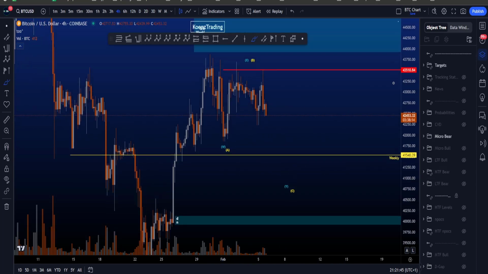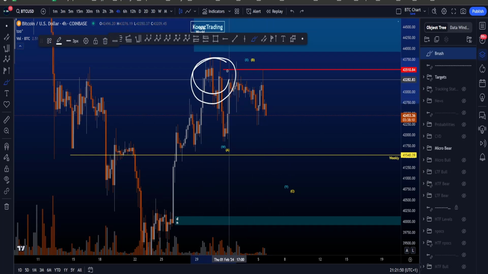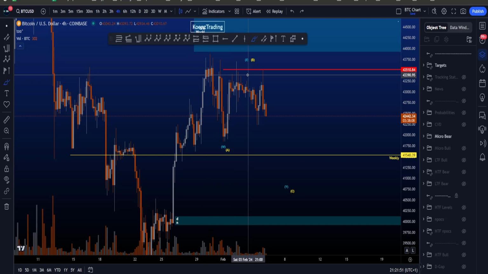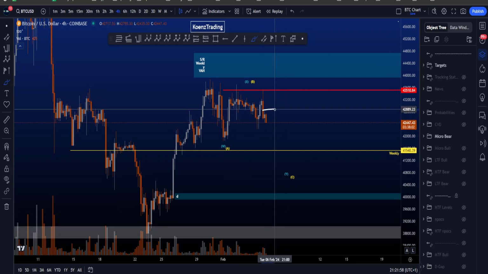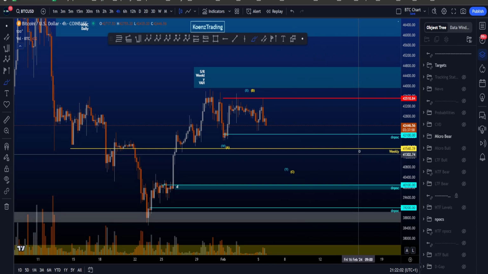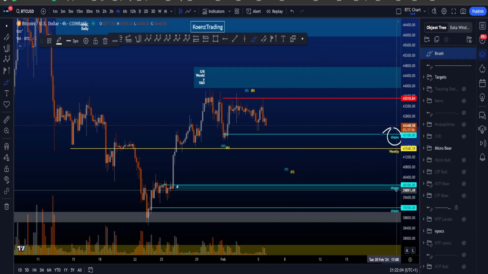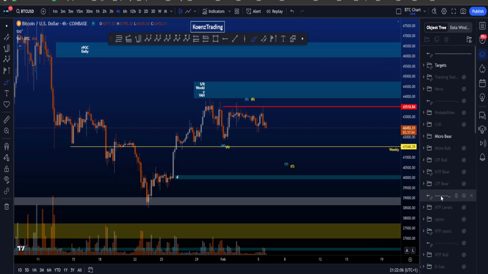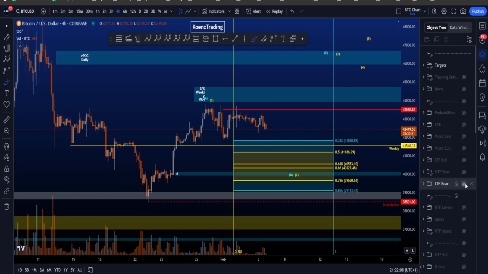We hit resistance earlier. We knew this was resistance, the point of control of this part of the chart over here. We were looking for the highs here to be taken at least, found resistance, price moving down, very nice. There's currently no proof of support just yet, and if there's not going to be any proof of support also at the daily naked point of control at 42.1k, we are simply going to look for lower, as we do